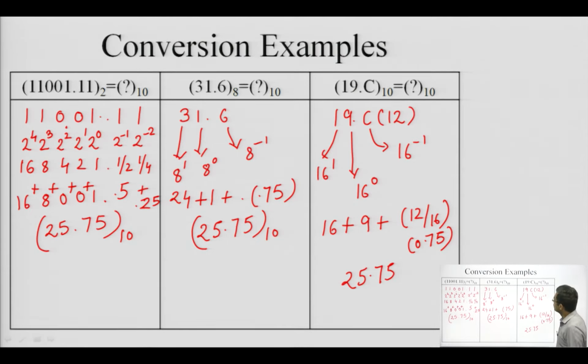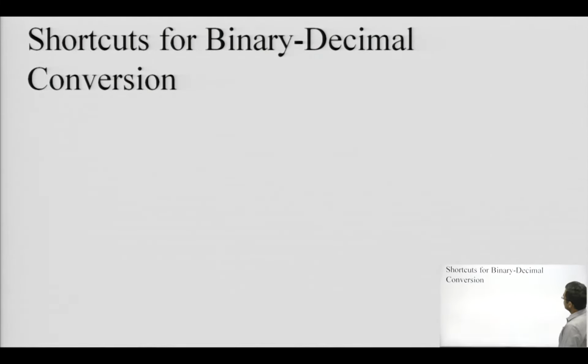25.75. So, in this way we have converted any number system, a number in binary, octal and hexadecimal, back to the decimal number system. So, now coming to the shortcuts for binary to decimal conversion. For this we have to understand that there are these weights which can be used to do these calculations very easily for decimal to binary conversion. Although these rules are only applicable for the integer part only, there are no shortcuts for the fractional part, but this will be of great help while we will be performing the octal and hexadecimal conversions with the binary ones.